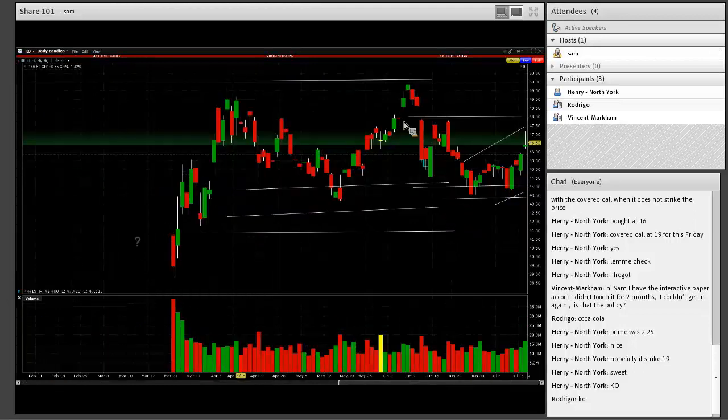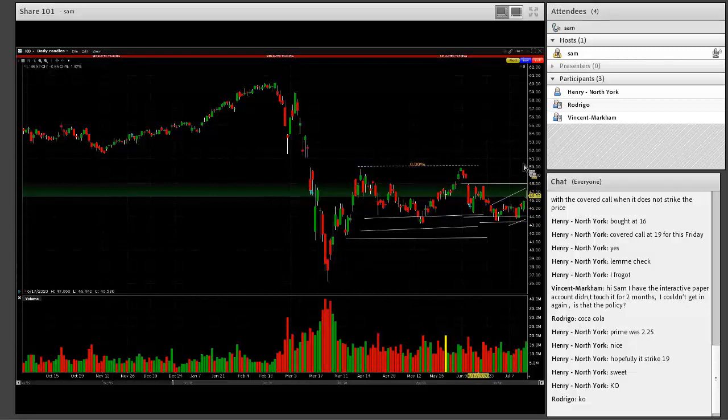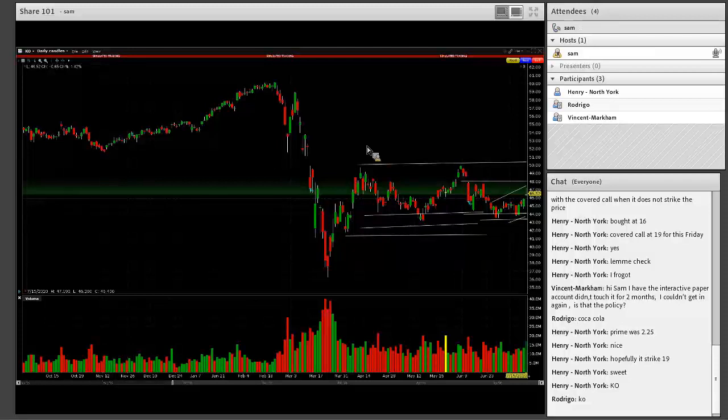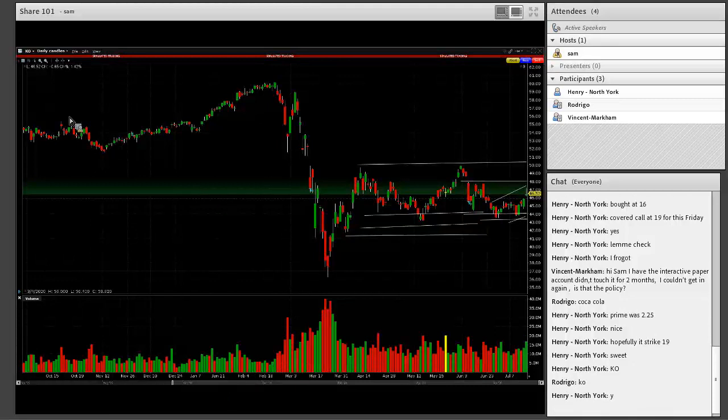If I was looking at this, we can look at it. It's sideways, at the top of the range, but there is room. It could go right up to this. It could go up to $50 from there. We can try it. Okay, you would like to try this one? Is that right, Rodrigo? You want to put a trade on for this one?